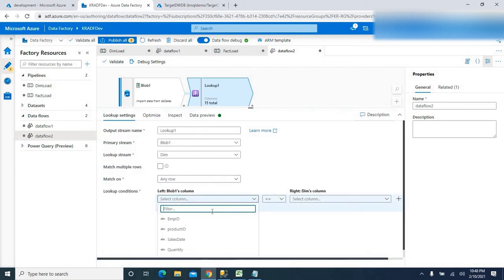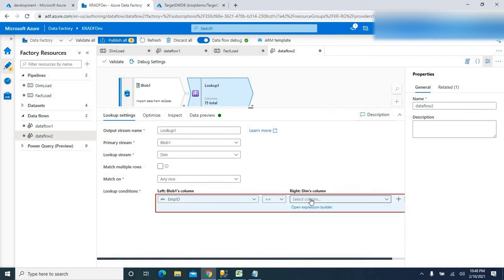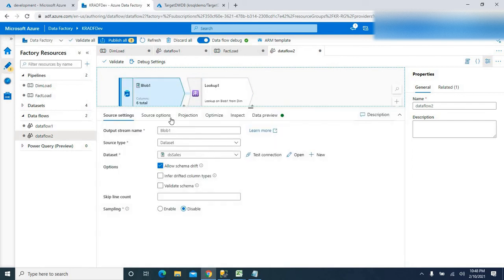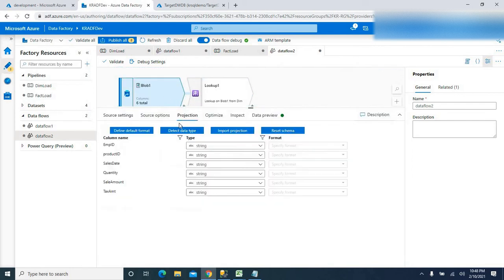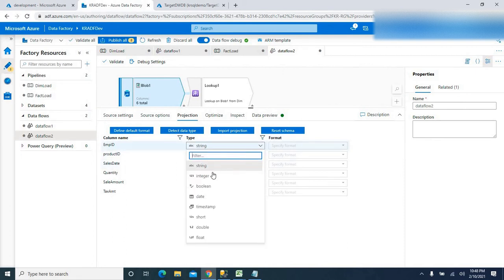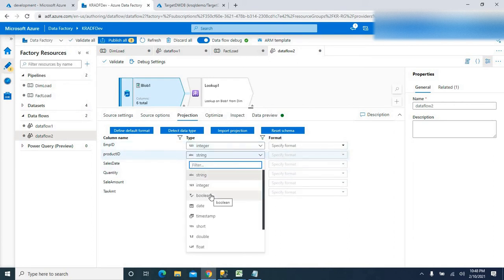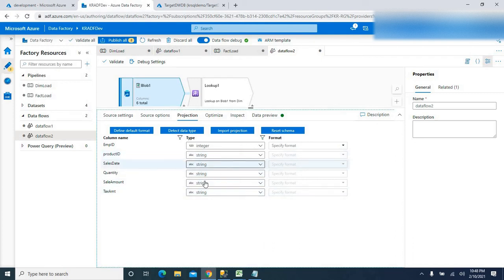I'm gonna join based on employee ID from our source file, and before that, first let me check how the data is coming from the source file. If I go to projection, see here it is coming as string, but in our dimension table it is in integer format, right? First let me convert it into integer. On product ID I'm gonna go as is, that's okay.